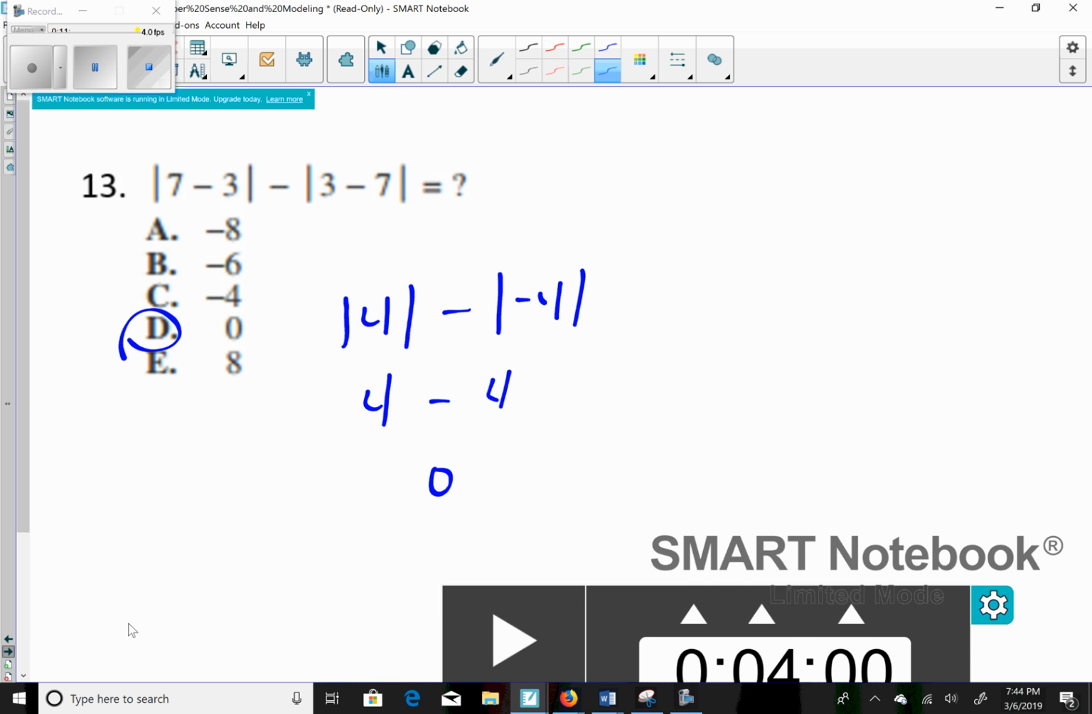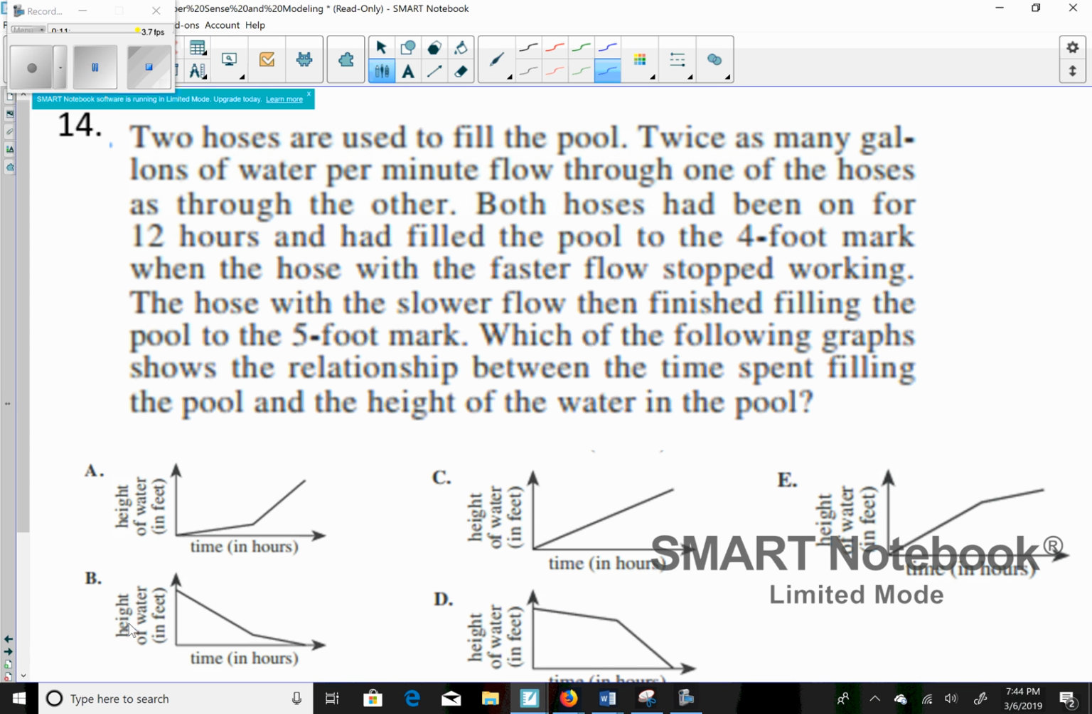Number 14, 2 hoses are used to fill a pool. Twice as many gallons of water per minute flow through one of the hoses as through the other. Both hoses have been on for 12 hours and had filled the pool to the 4-foot mark when the hose with the faster flow stopped working. The hose with the slower flow then finished filling the pool to the 5-foot mark. Which of the following graphs shows the relationship between the time spent filling the pool and the height of the